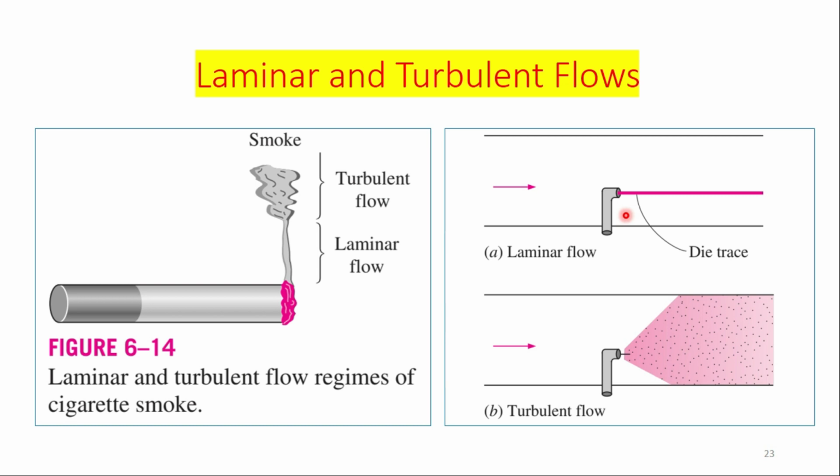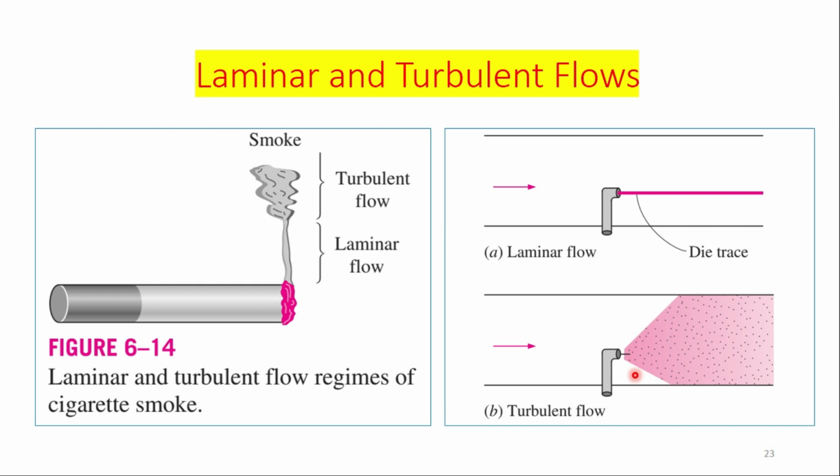In the case of turbulent flow, the second case, as you can see in this diagram of the pipe, if the fluid velocity becomes very high, above a particular or critical value, the velocity fluctuations will be very high and the fluid becomes highly disordered. The transition from laminar to turbulent flow does not occur suddenly. Rather,